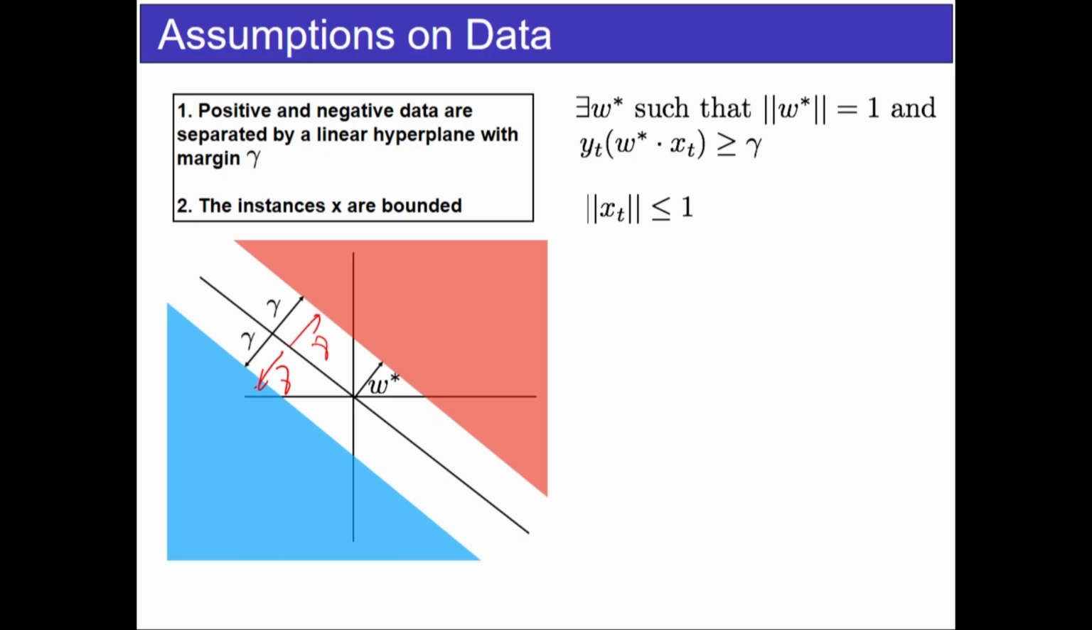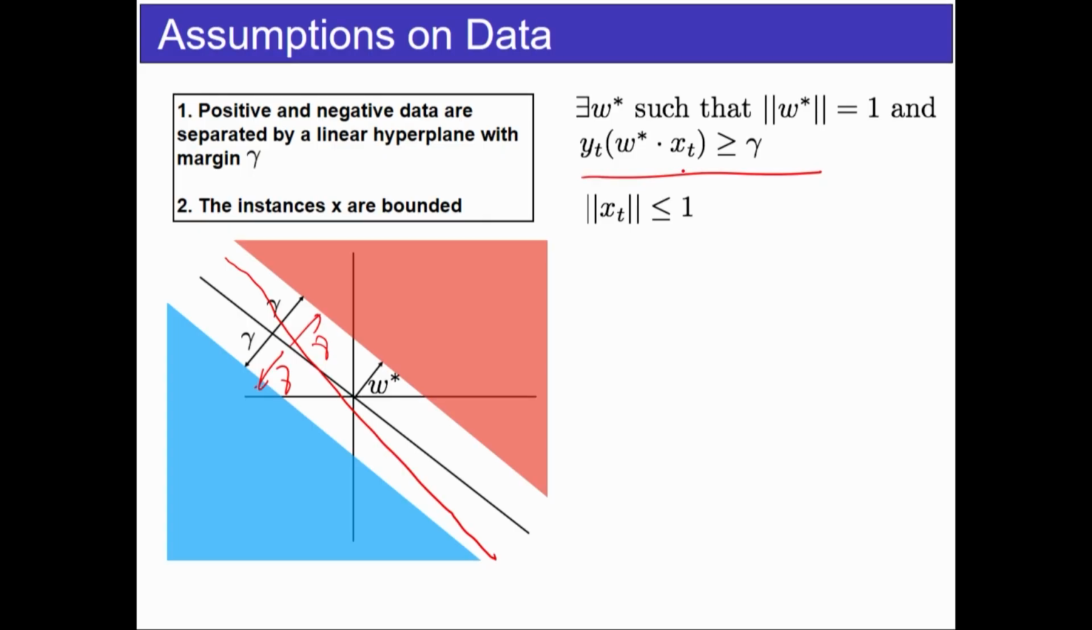So even if W star works as your final predictor hyperplane, even if you use something close to W star, you would still do well. That's what this assumption allows you to do. It gets you a zone of values which are correct. And the instances X should be bounded so that they all lie in one sphere, so that you can prove results. Which means there must exist a W star such that yt times W star.xt is greater than or equal to gamma, and the norm of xt should be